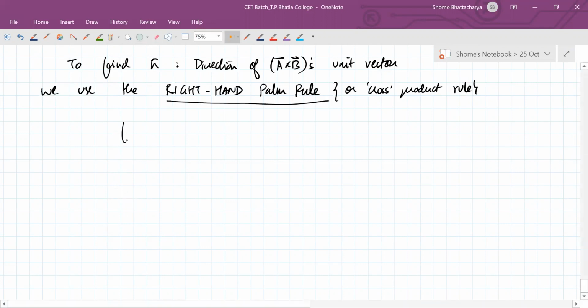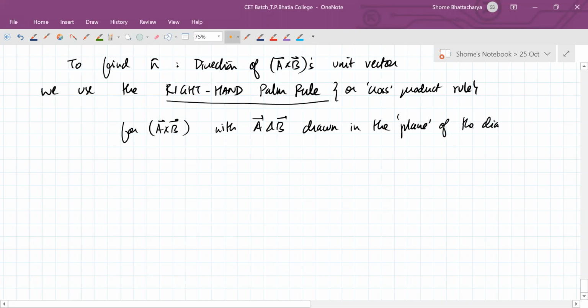So for A cross B, with A and B drawn in the plane of the diagram. Okay. For example, if the vectors A and B are drawn like this, this is the vector A and this is the vector B. Then what you do is